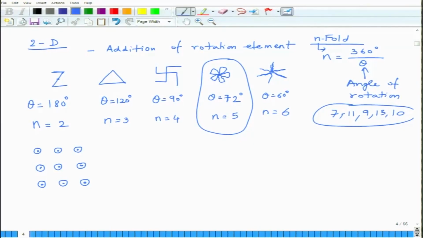So, in case of crystalline materials, what we are interested mostly in is 2-fold, 3-fold, 4-fold and 6-fold and 1-fold symmetry, of course. And the graphic symbol for these symmetries is shown like this, this is the symbol for 4-fold symmetry, this is the symbol for 5-fold symmetry and this is the symbol for